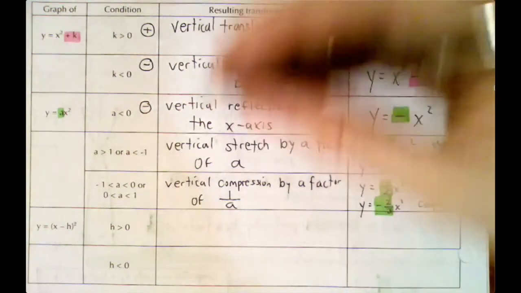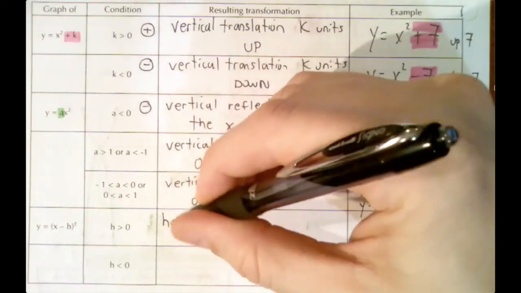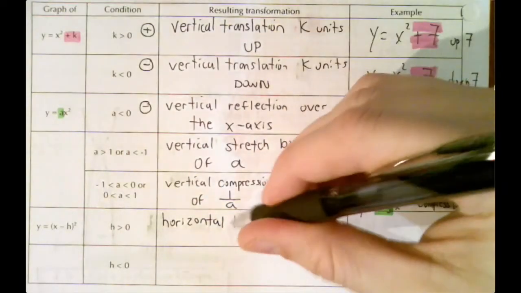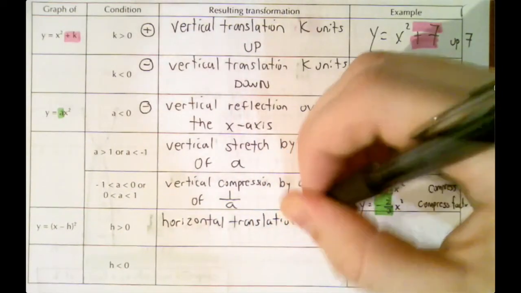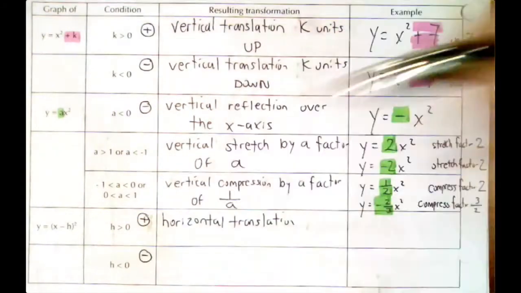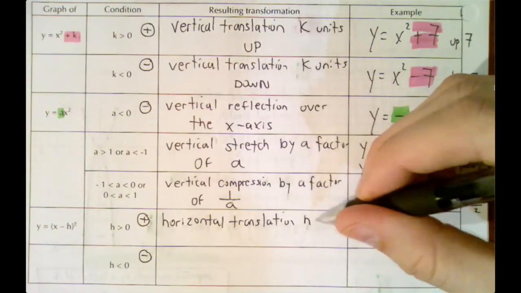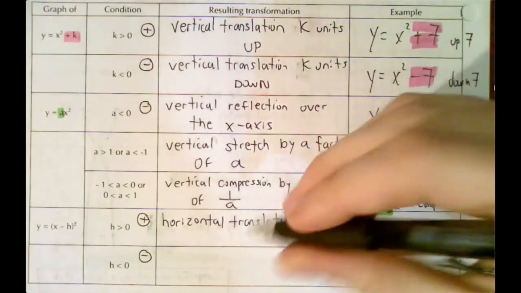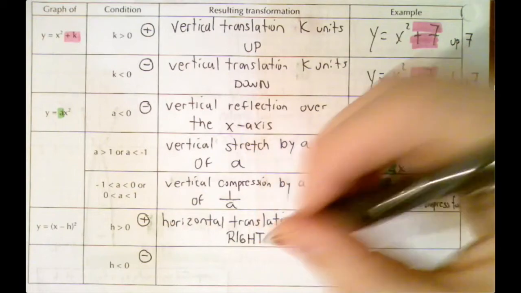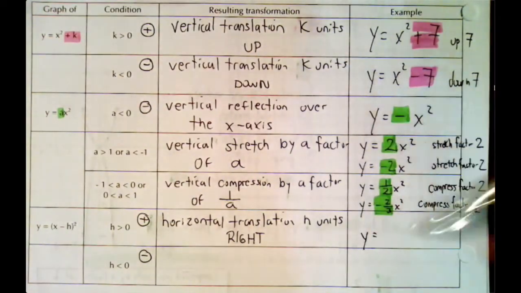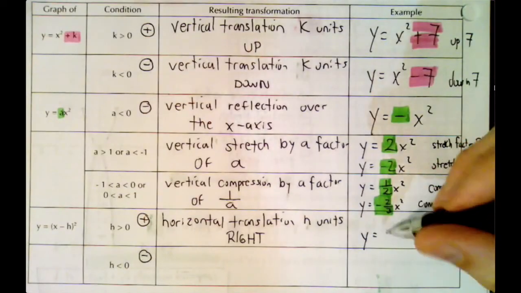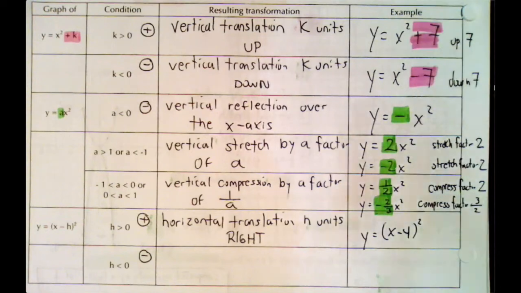All right, and H. H is your shifting left or right, so it's a horizontal shift. Horizontal translation. So this is if H is positive, and this one's if H is negative. And remember, H is the number here, ignoring the sign. So horizontal translation, H units. And if it's positive, it's to the right. But remember, if h is positive, that means in our equation, we're going to have a negative number because h is the opposite sign of what's in here. So this would be a shift right